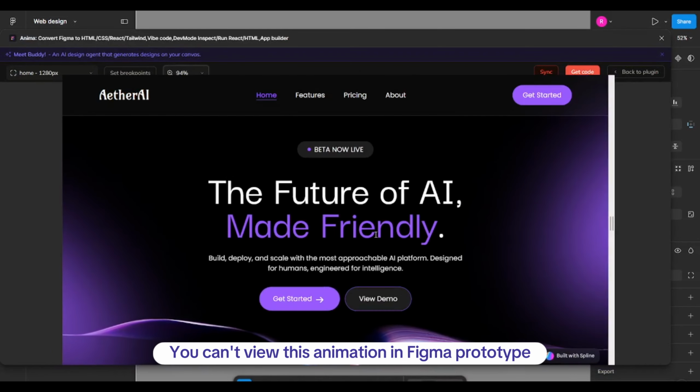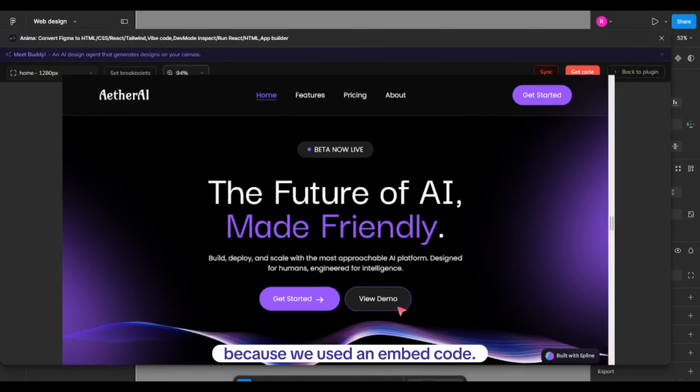You can view this animation in Figma prototype and you have to preview it like this because we used an